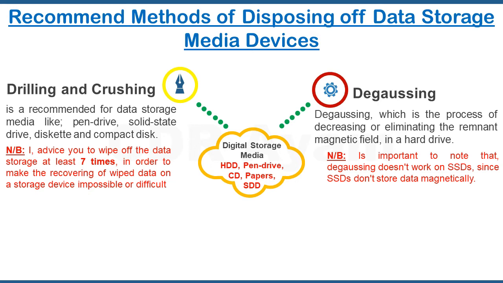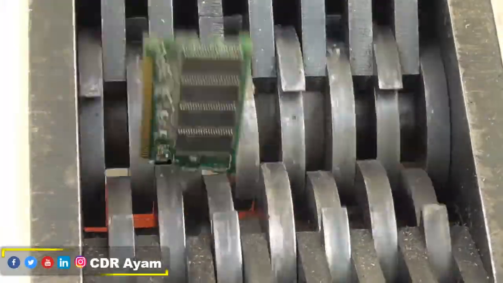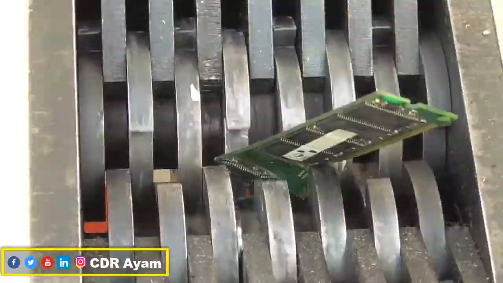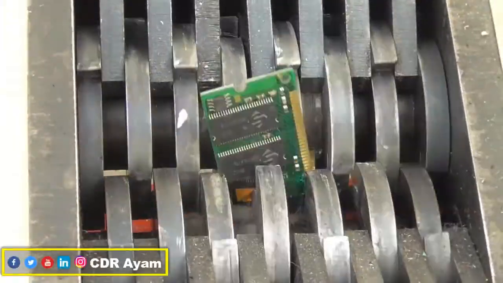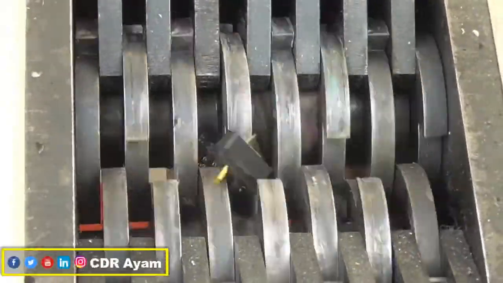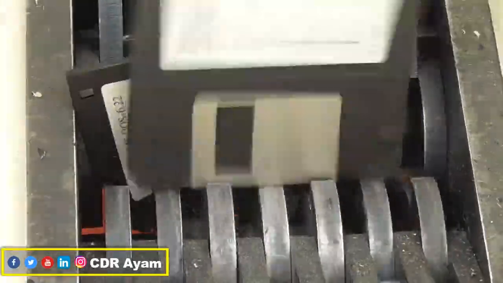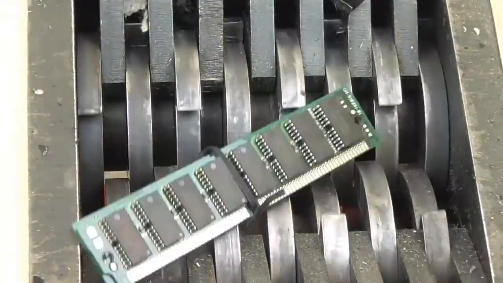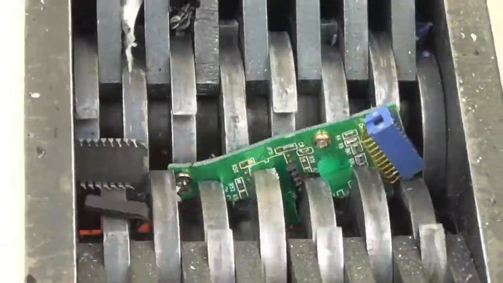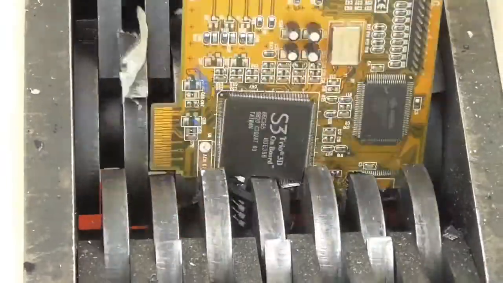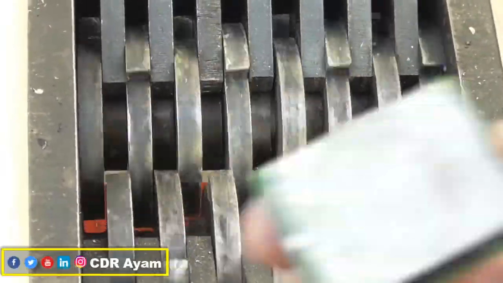Another secure way to dispose of digital data on storage media like mobile phones and tablets is by either burning or damaging the mobile phone's motherboard beyond repair. This is because all mobile devices that have the ability to store data internally always have an internal memory embedded on their motherboard. So, not damaging the motherboard of a mobile device beyond repair may still cost you, since data stored in the internal memory of a repairable mobile device can be retrieved by a cyber forensic professional like me.